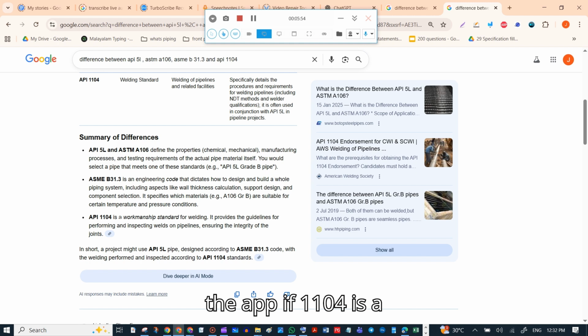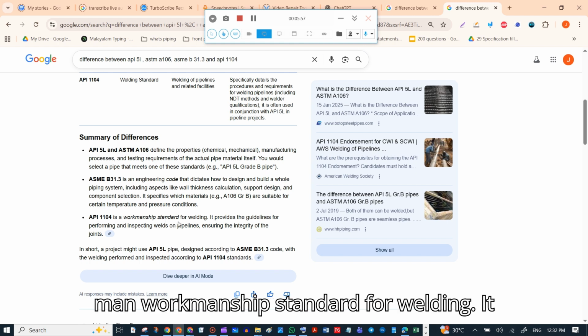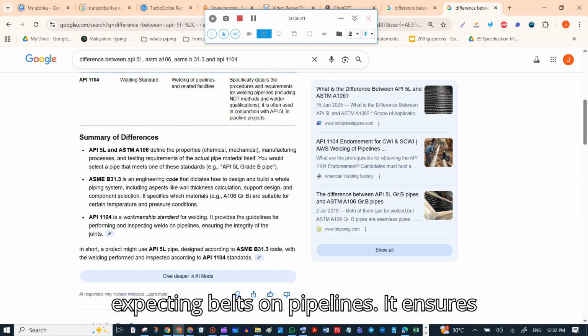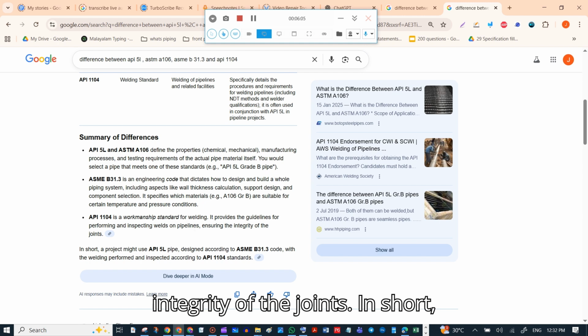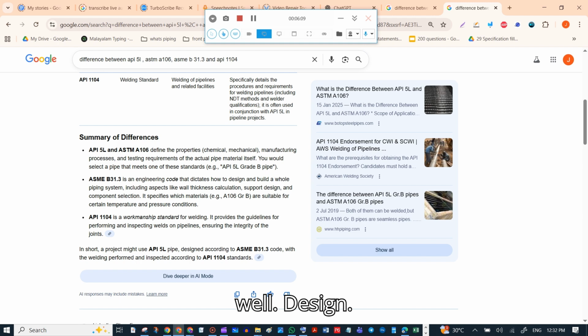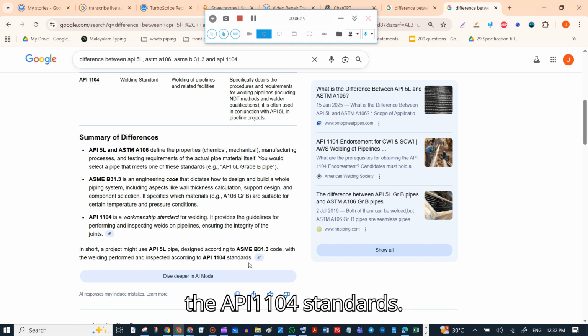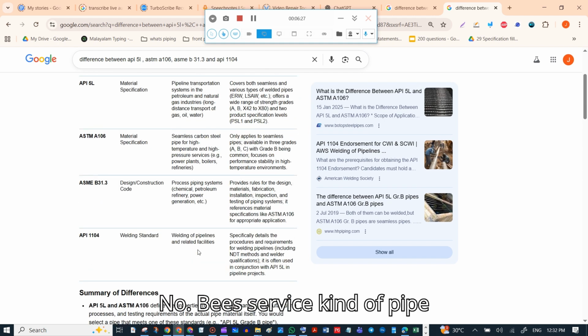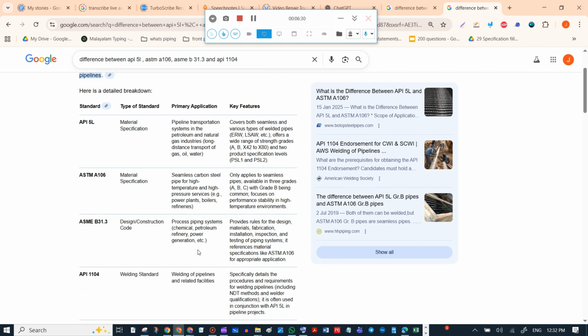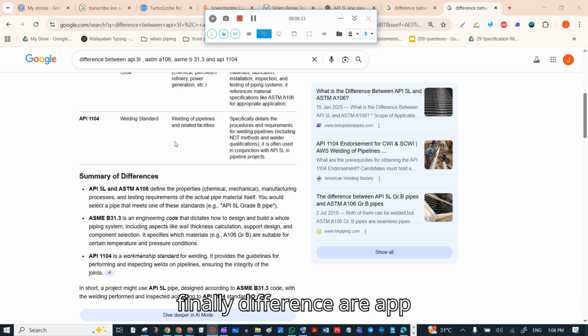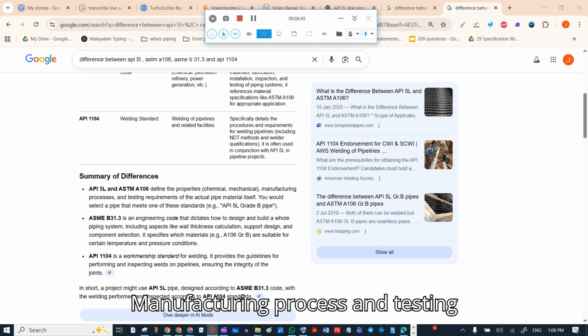And API 1104 is a workmanship standard for welding. It provides guidelines for performing and inspecting welds on pipelines. It ensures the integrity of the joints. In short, a project might use API 5L pipe designed according to ASME B31.3 and welding performed and inspected according to the API 1104 standards. Now, we saw which kind of pipe we have used according to this. Okay. So finally, the difference: API 5L and ASTM A106 define properties, manufacturing process and testing requirements of pipe material,